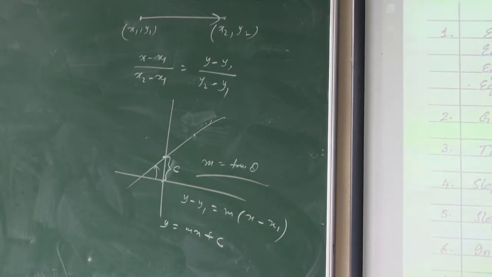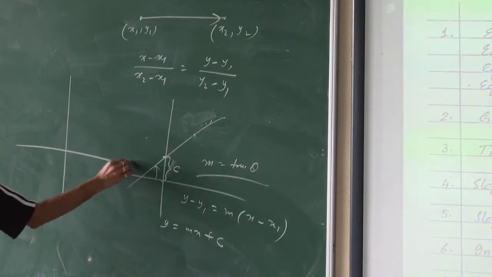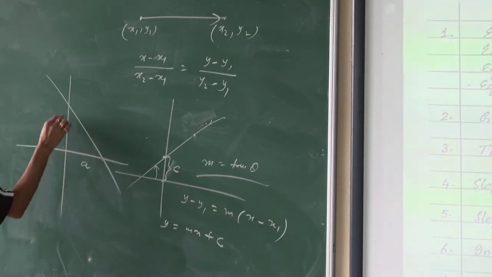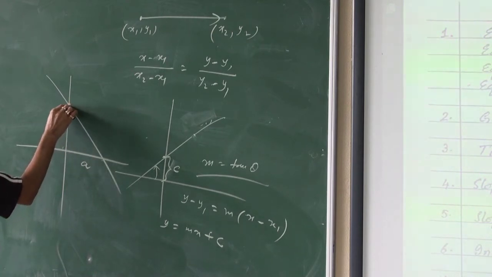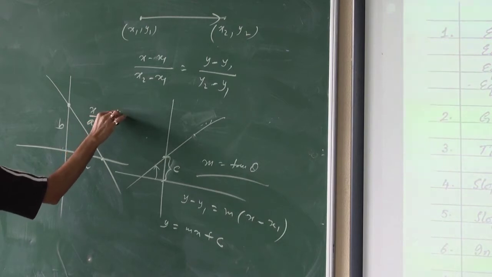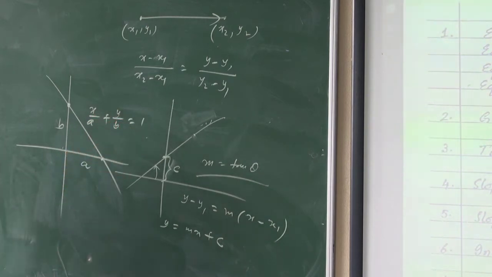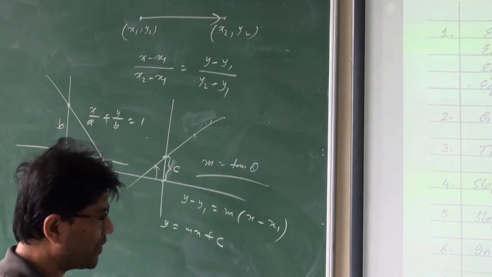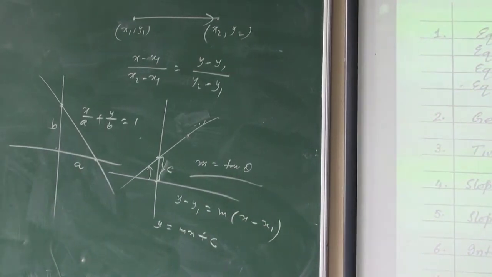Next is intercept form, where both the intercepts are known. This is a line, this is x-intercept a and this is y-intercept b. Equation of this straight line whose x-intercept and y-intercept are known is x by a plus y by b is equal to 1. Next is normal form. I don't think it is mentioned in the syllabus. Anyway,